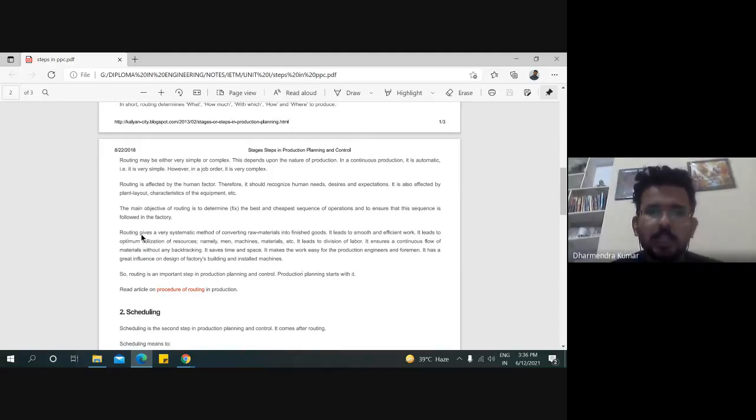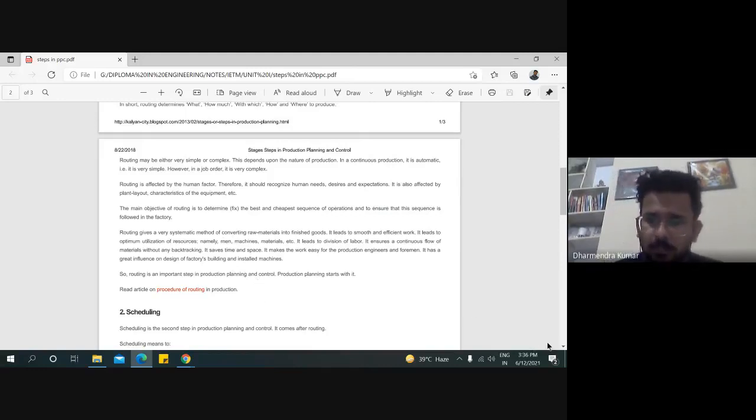Lastly, these points are the advantages of routing in any manufacturing plant. There are 5 or 6 points. You may take a screenshot of those pages, and if a question arises like write down various aspects of routing, or various advantages of routing, or how routing is beneficial for any manufacturing plant, then surely you have to write these types of points in that type of questions.